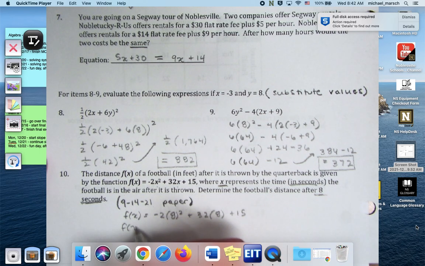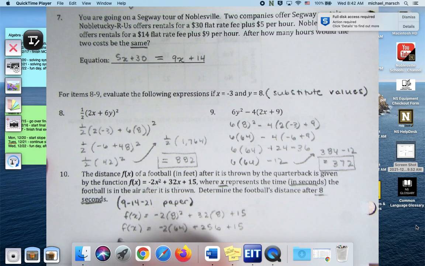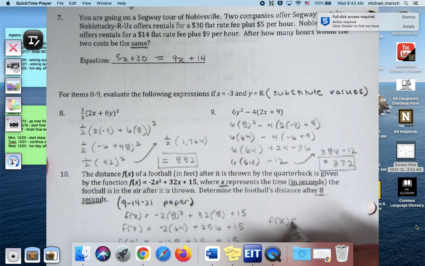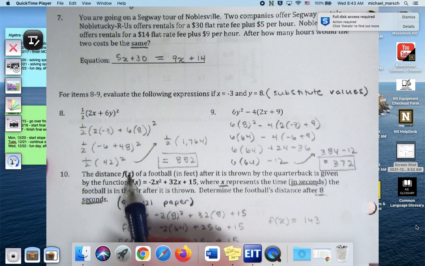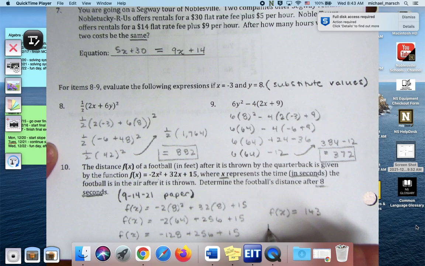So I've got f of x equals negative 2 times 64 plus 256 plus 15. F of x equals negative 128 plus 256 plus 15. So f of x equals 143. So that tells us that that's how many feet the football was thrown. So 143 feet is the answer,